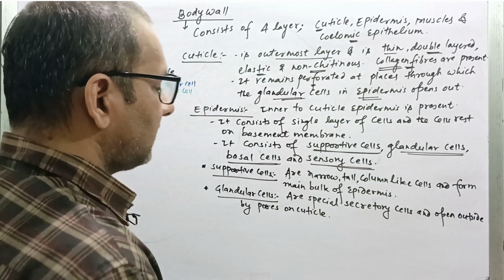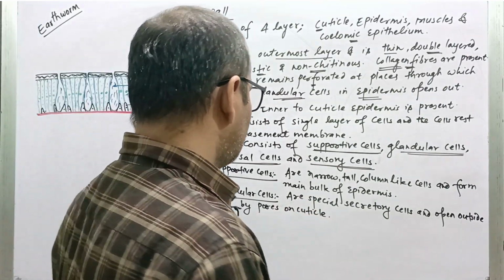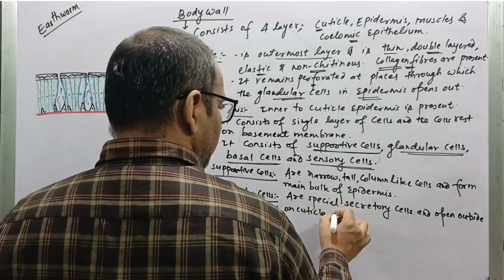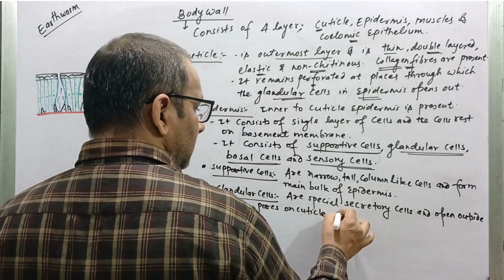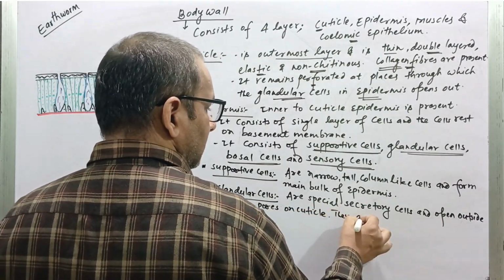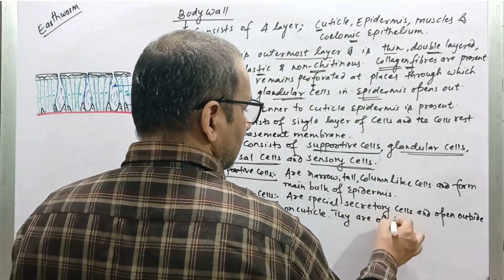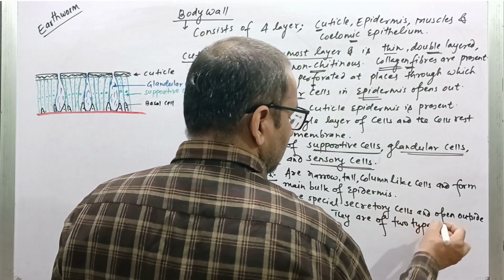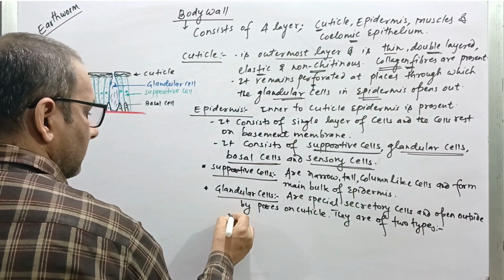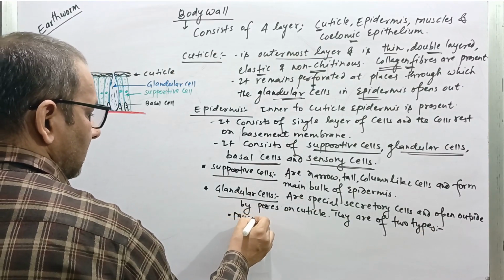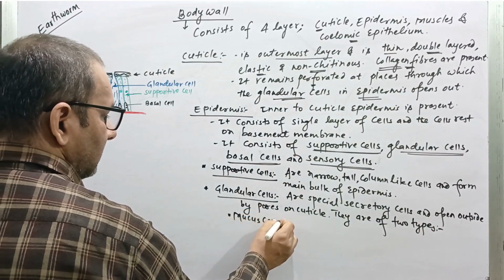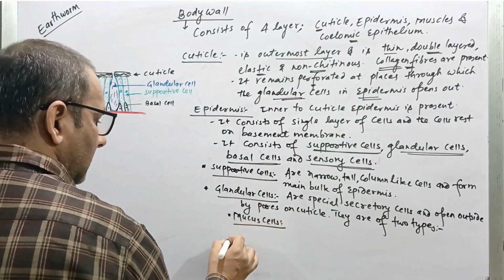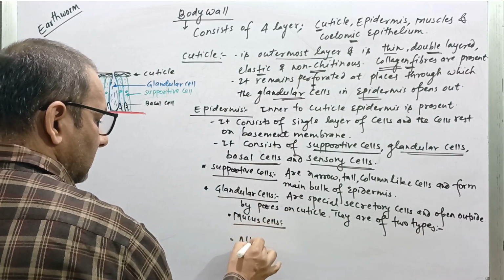They open outside by the pores which are present on cuticle, and they are of two types. The two types are, one type is mucus cells and another type is